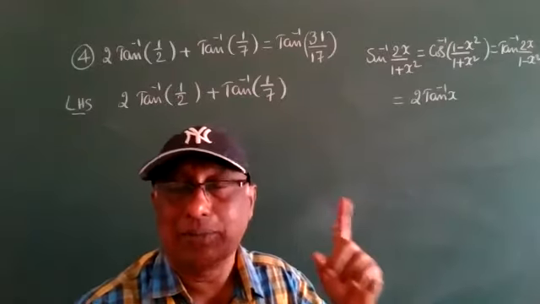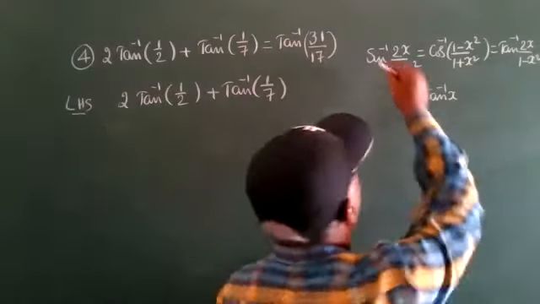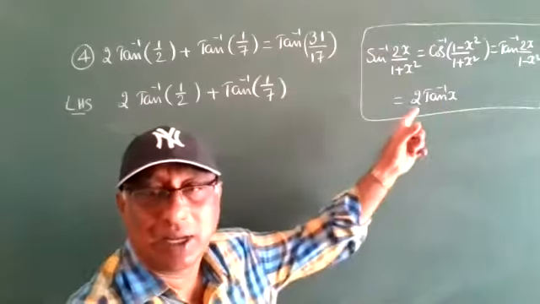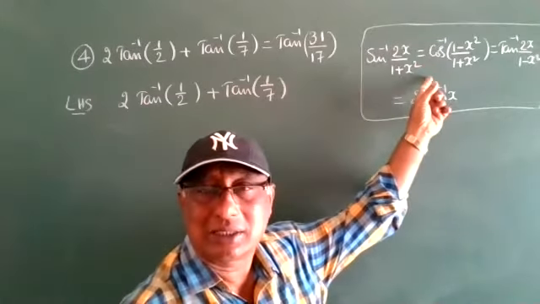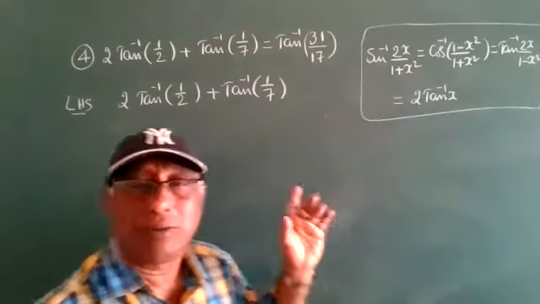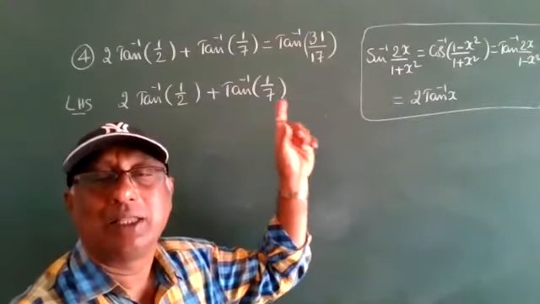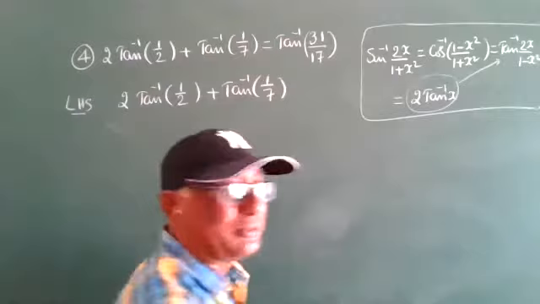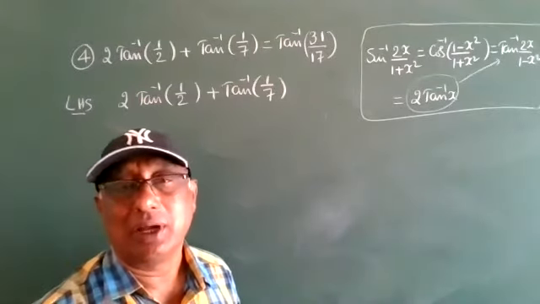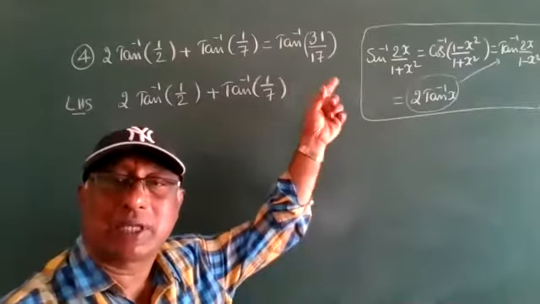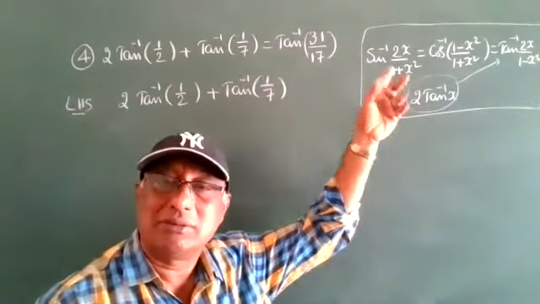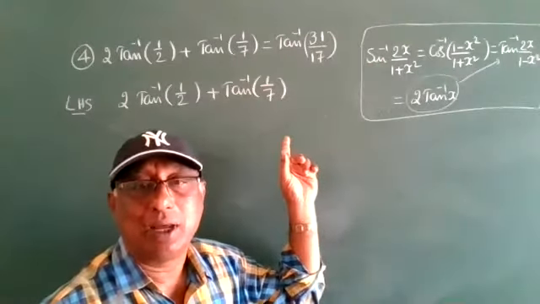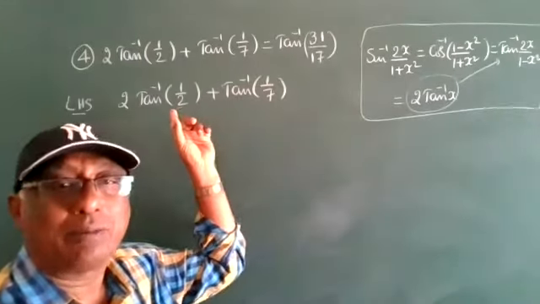I already told you this last property. Can you convert 2 tan inverse x into sine inverse, cos inverse or tan inverse? Here the problem is tan inverse, therefore for 2 tan inverse x, please write down the tan inverse formula. If it is a sine problem, write the sine inverse formula; if it is cos inverse, write the cos inverse formula. This problem is a complete tan inverse problem, therefore you should write the tan formula only.